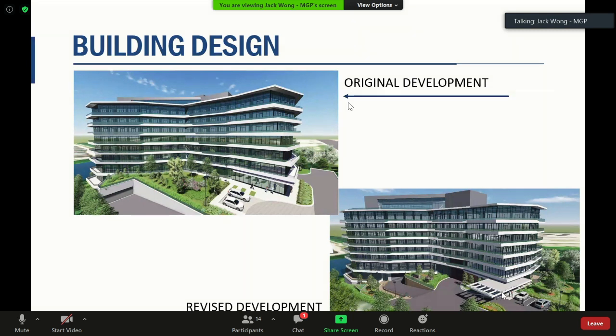As I mentioned previously as well, there has been some concern about the lack of distinct features from an architectural standpoint. So we have extended the canopy from the first floor, not only creating a cover for the residents in the area, but also creating an animated facade for the building. And obviously, with the change of the laneway and access, we were able to move the laneway a little further from our south property line in order to accommodate a little bit more of the landscaping that the DRP has expressed their concern about.